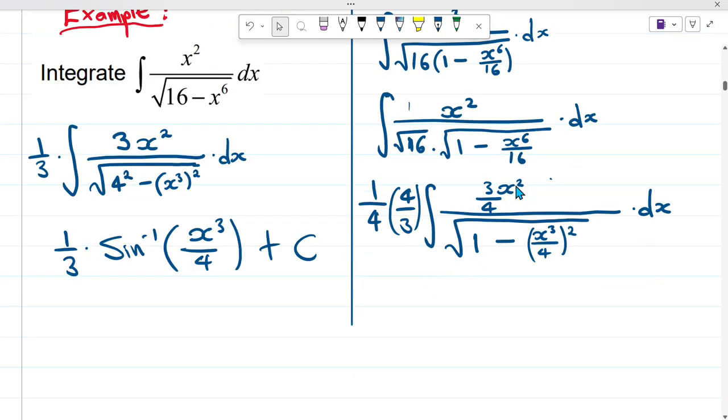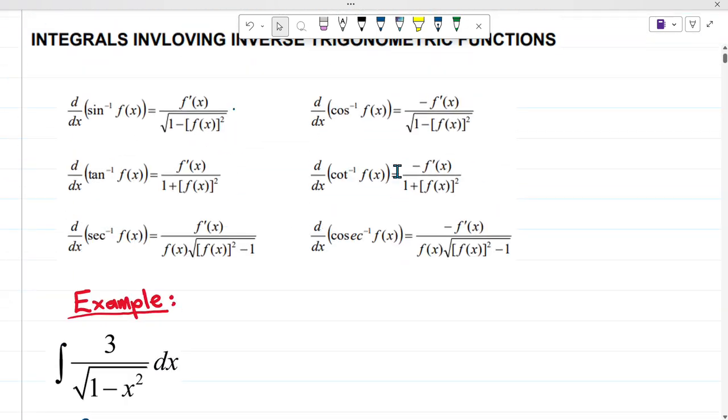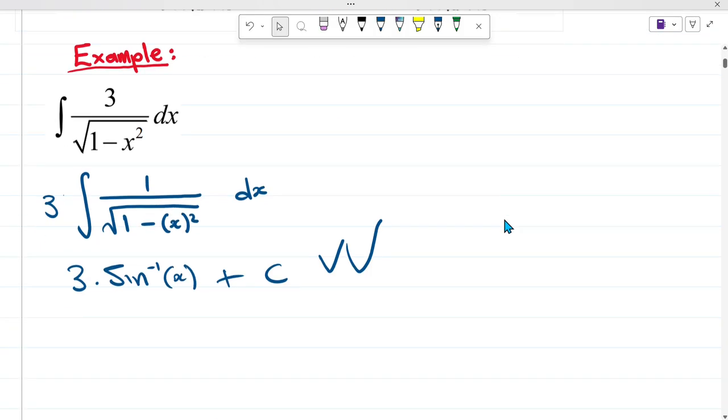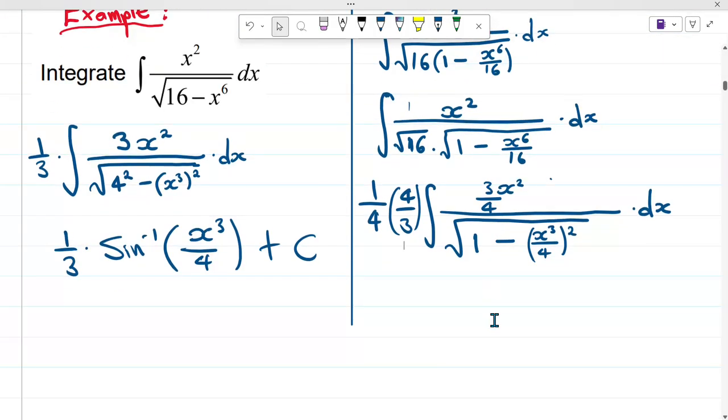So from here, what are we going to do? We are then going to conclude that when we have the derivative of this on our numerator, then this format of 1 minus whatever squared is the one of sine. Let me go back to the formulas. You remember this one, this shape of 1 minus this squared inside the square root, and then we have f prime of x there. Then this is sine inverse. You understand? So yeah, outside the integral, 4 and 4 cancel out,